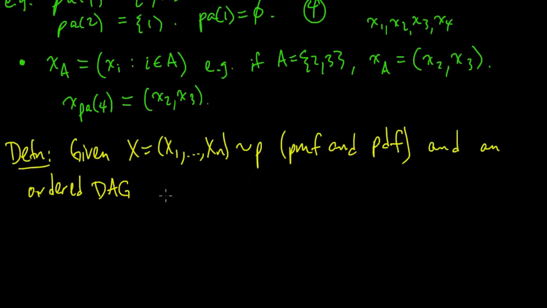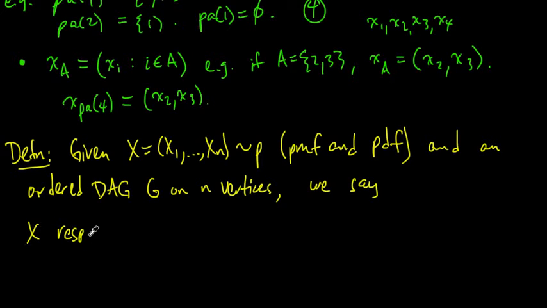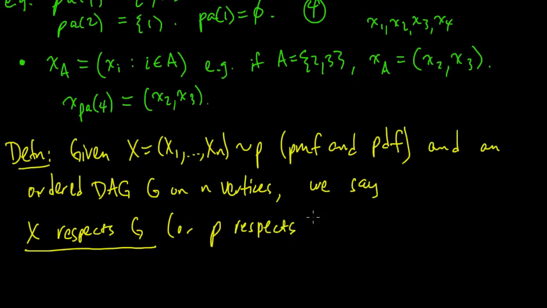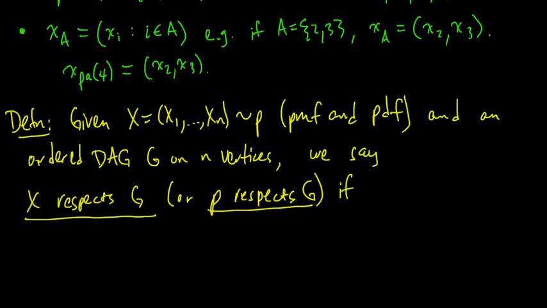So given this and an ordered DAG, let's call it G, on n vertices, we say that x respects G, or sometimes we say that the distribution P respects G, if the distribution can be factored